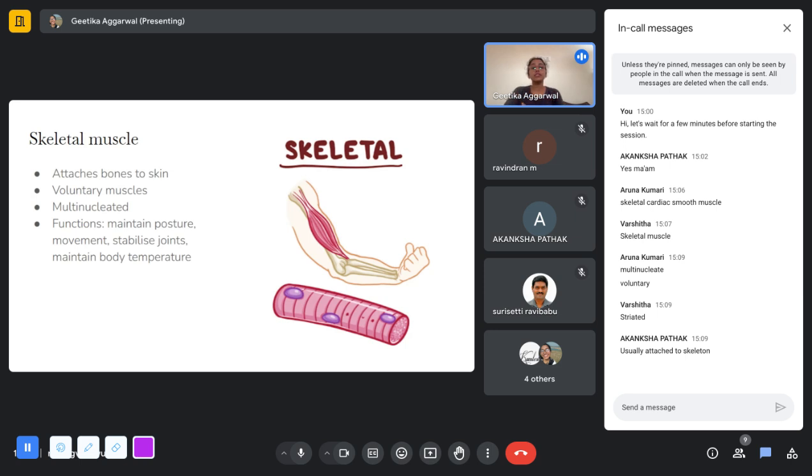They help stabilize the joints because they form a covering around the joints, and they help stabilize them and allow their motion, and they maintain body temperature. When we shiver, we produce heat when it's too cold outside. So these are a few functions that the skeletal muscles play. They are controlled by motor signals from the brain. As we said, they are voluntary, and mostly the somatic nervous system is the one that controls the movements of